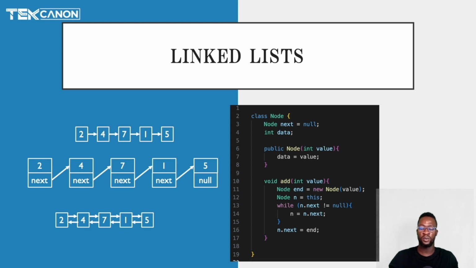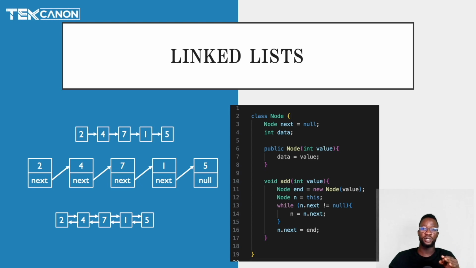Now, if we walk through what we have in the code as well, that's pretty much what the code is doing. On line 11, we create a new node with the value 5. On line 12, n equals this. So we're pretty much just starting from the start of our linked list, which would be 2 in this case. And then while n.next is not equal to null. So if you notice in a linked list, the very last element, the pointer is always null, which is what you see on 5. So in this case where 5 was not yet inserted, when we start from 2, the